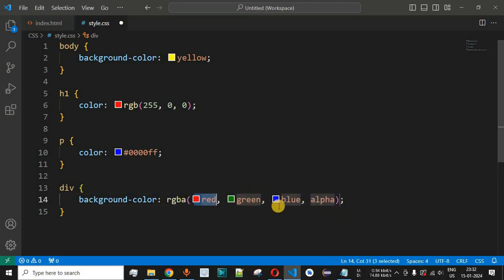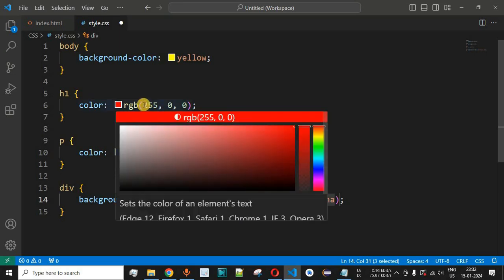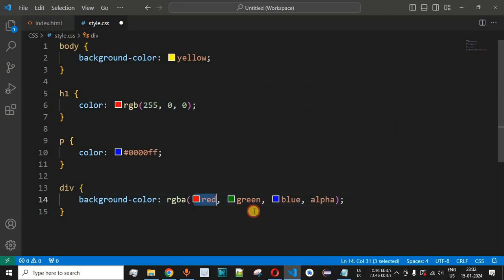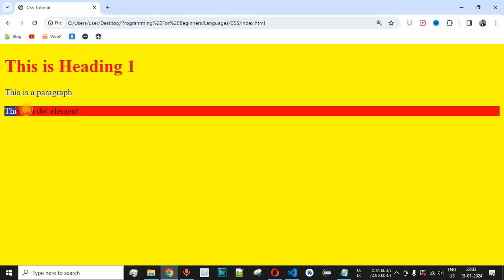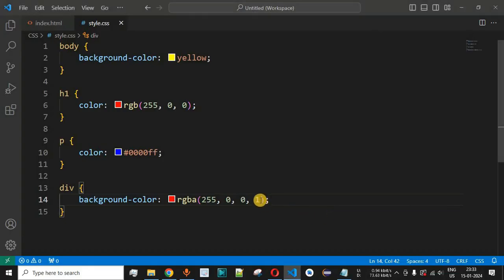So when we provide the red, green and blue components, let's say we provide the same color, that is red color over here, as the background color for the div element. So for the red component we provide 255 as the number, for the green component we provide 0, and for the blue component we provide 0. And let's say we provide the alpha value as 1 this time. So what will happen? Let us check that. I'll save this file now and try reloading this page once again on the browser. So as you can see, the div element now has the background color as red, and guys, it is a pure red color. So basically when we provide the alpha value as 1, there is no transparency for that particular color.